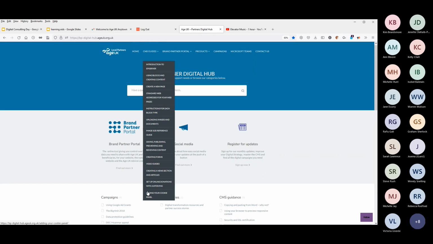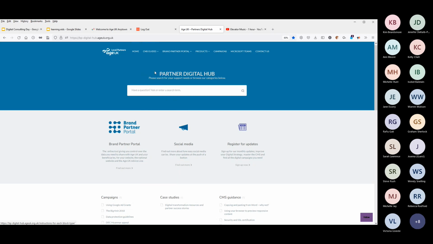So we do expect a certain level of understanding of websites and website technology beforehand. We can give you guidance if you've never used one before, but in terms of the support that we can offer, that's not always practical for us to do. Also in the CMS guides,